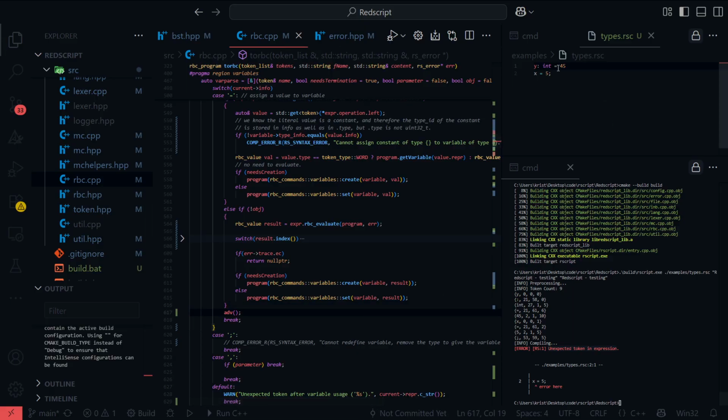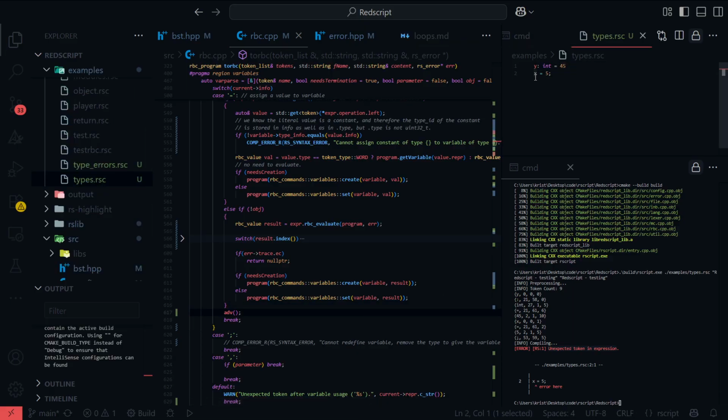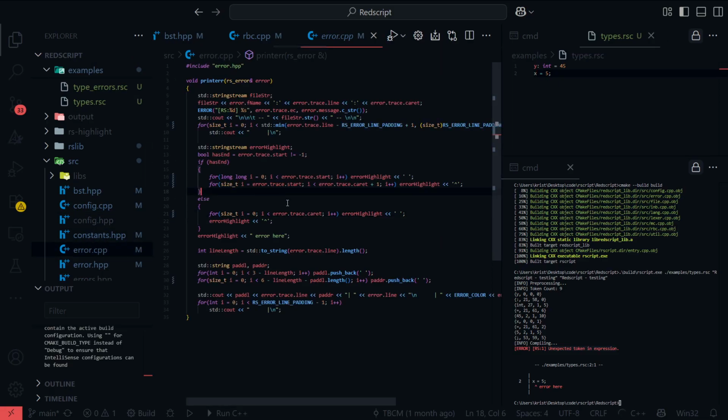And that means it tried to parse the 45 and then it got hit with an X. Do you get that? Does that make sense?